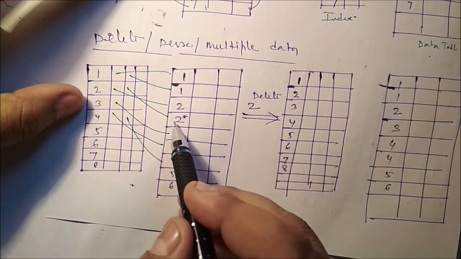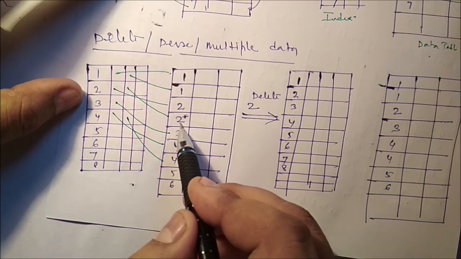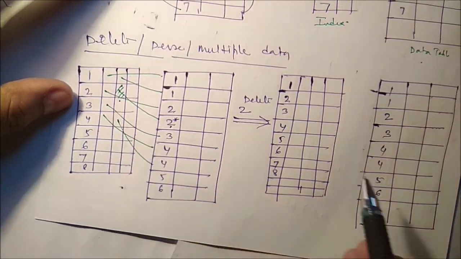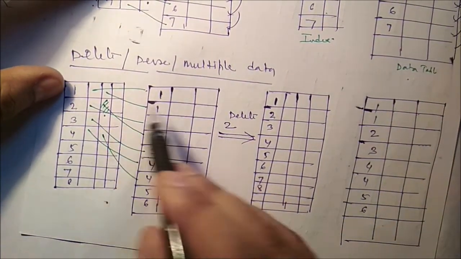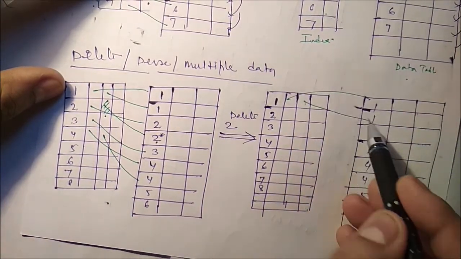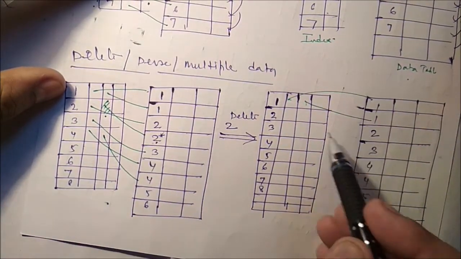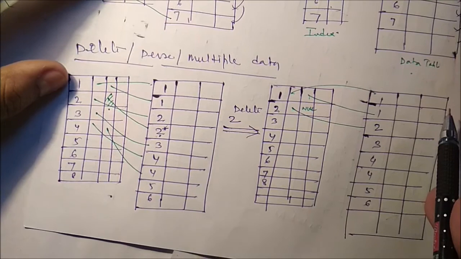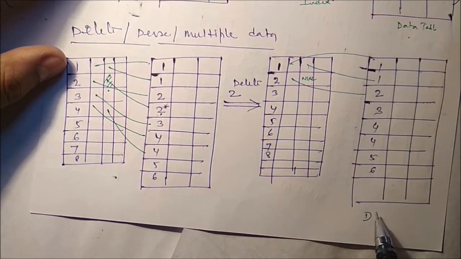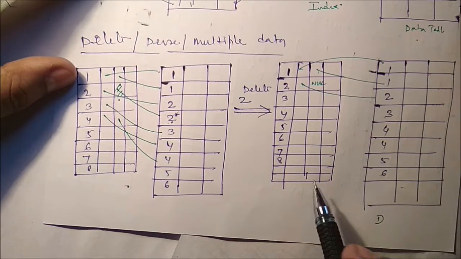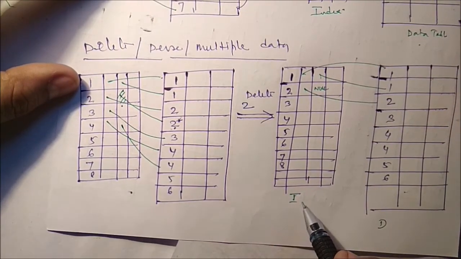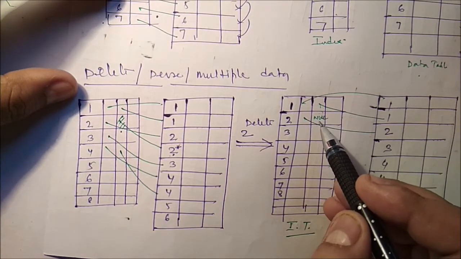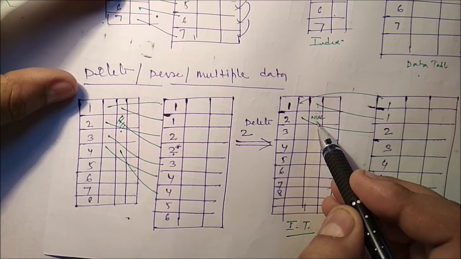Now suppose we want to delete roll number 2. We have to just update this, delete this particular part only, and put null here. We can see roll number 2 and roll number 1 are there, so definitely we can do this. We have to delete this particular roll number, so here we put roll number 2 and here should be the null. We have to remove the data from the data table, as well as update the index table, and here you have to remove this particular pointer. Are you getting this one?